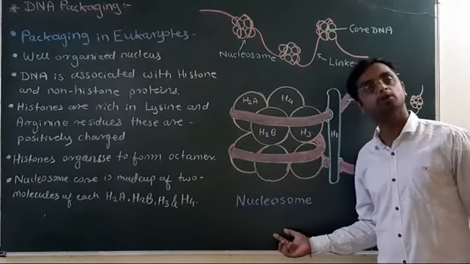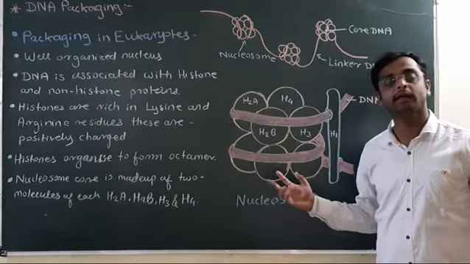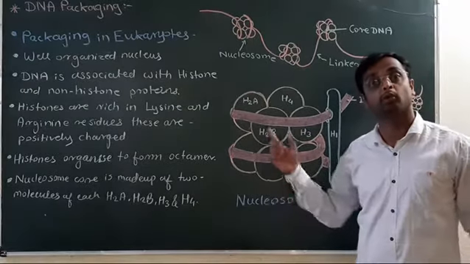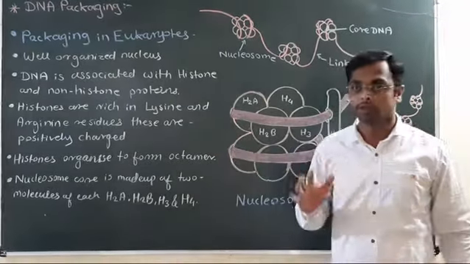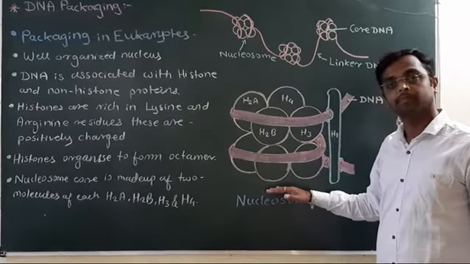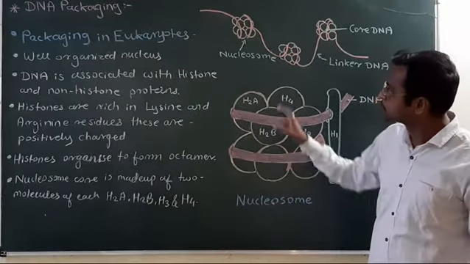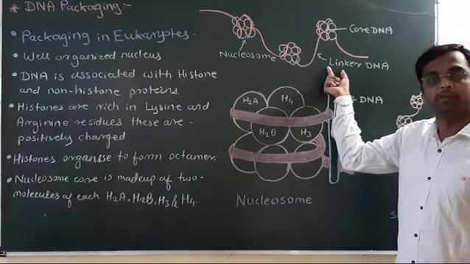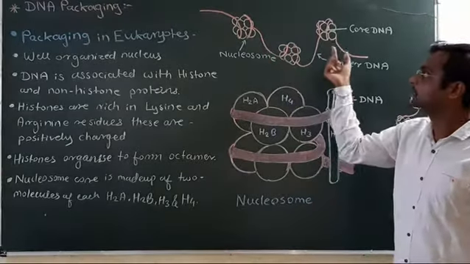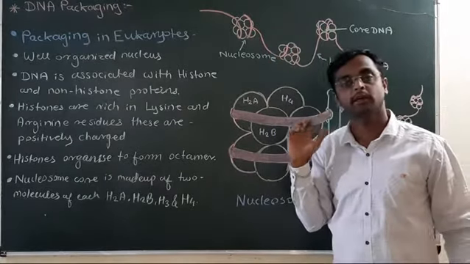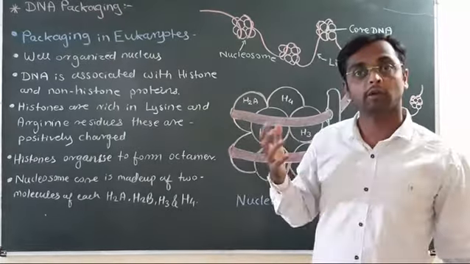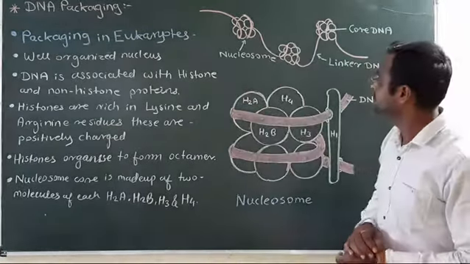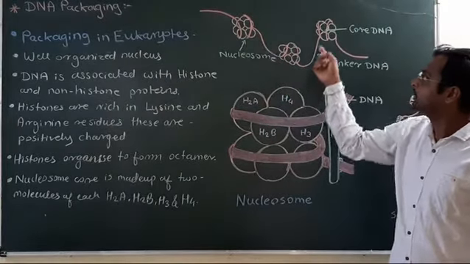And this nucleosome is the main condensed structure, the main repeating unit present in the chromatin or in the chromosome. Now, this is the single structure, but actually these nucleosomes are connected by this linker DNA. So many nucleosomes are present. Under the electron microscopic image at the prophase or at the interphase, it looks like beads on a string.